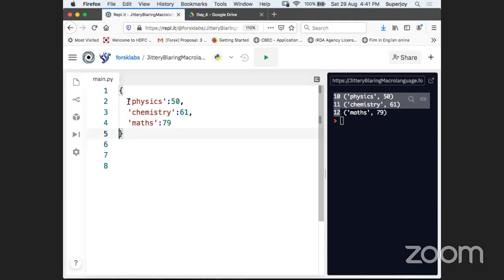This is called a record, guys. This is the first record, this is the second record, and this is the third record. And basically this record is called a key value pair. What is the key and what is the value here, guys? What you have before the colon is called the key, and what you get after the colon is called the value. So this is your key, then colon, then the value. So this is your key value pair, and this is called one record.